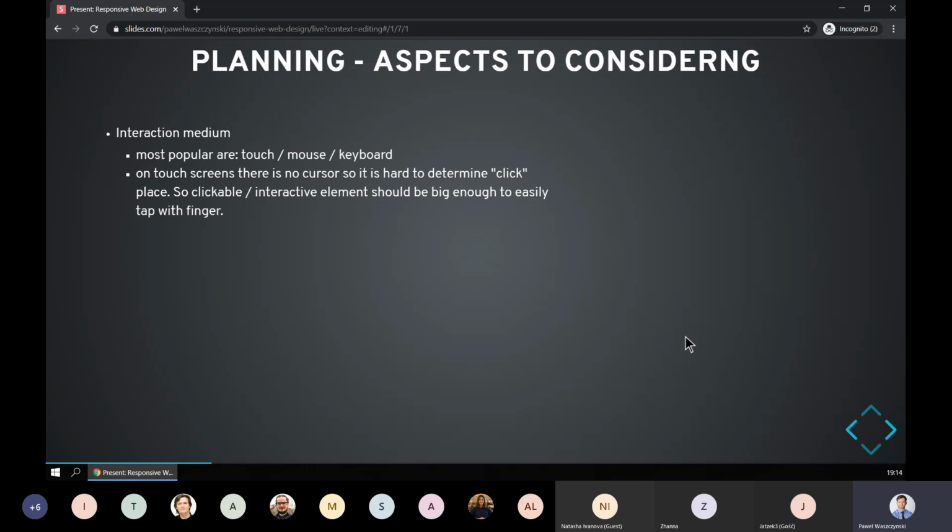Clickable interactive elements should be big enough to allow you to easily tap them with your finger. Also, some interactions may not even be possible, like double click or right click on your smartphones. So instead of having those features,